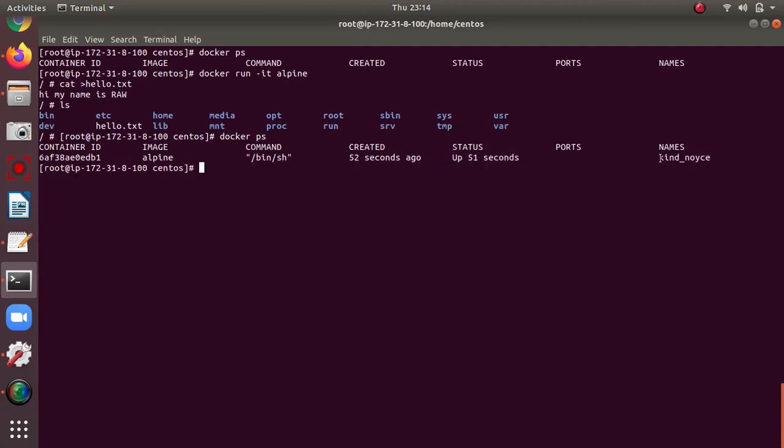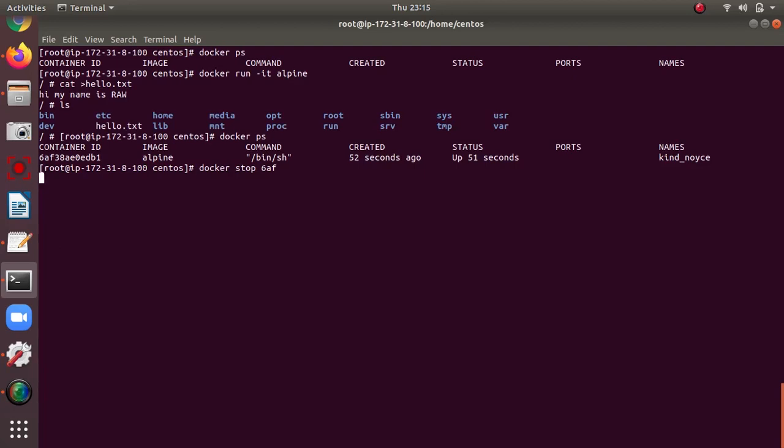As I said earlier, it gives a unique name when I don't define any name for the container. You will run it according to your requirement. Now I want to stop it: docker stop 6af. I am going to stop the container.